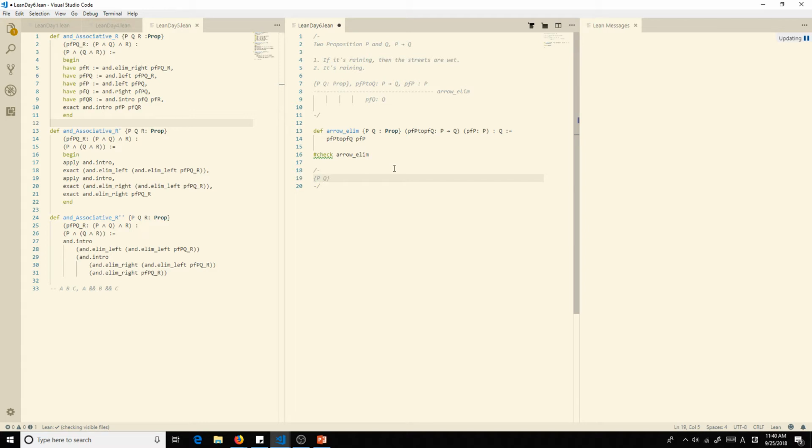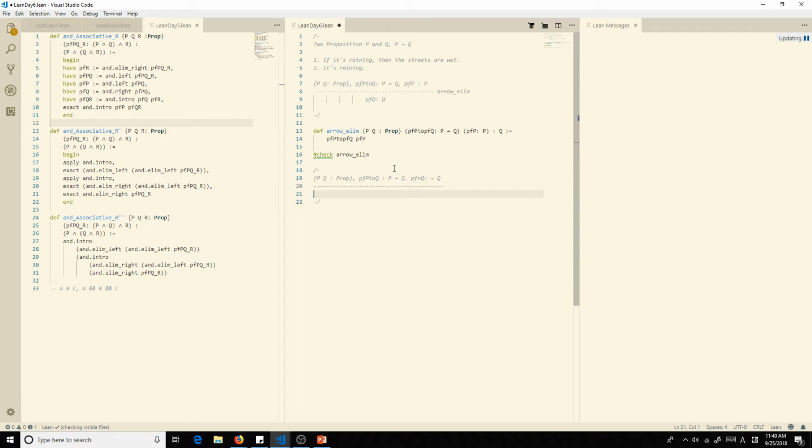P and Q are propositions. We have a proof of P to Q, and that is P implies Q. And we have our proof of not Q. So not is just backslash not and then Q.